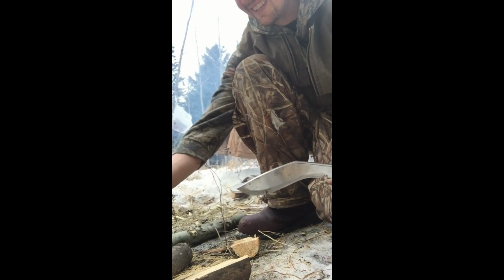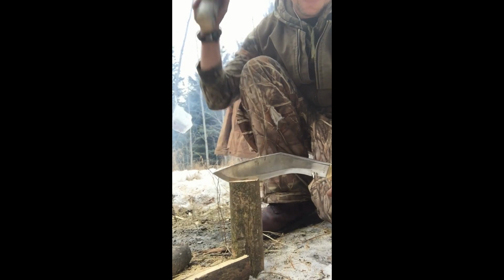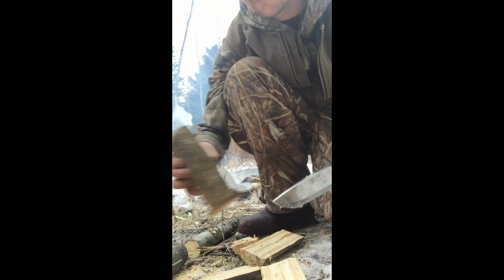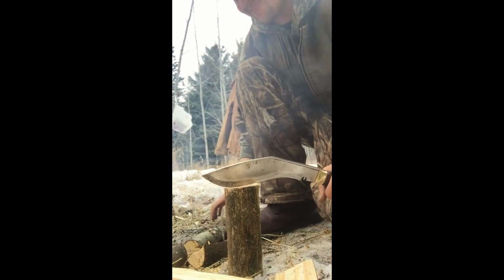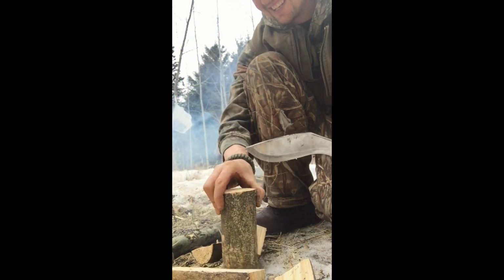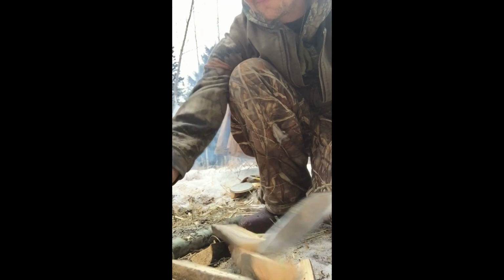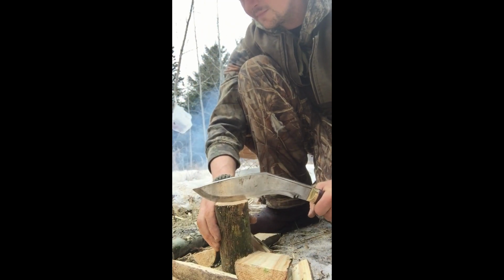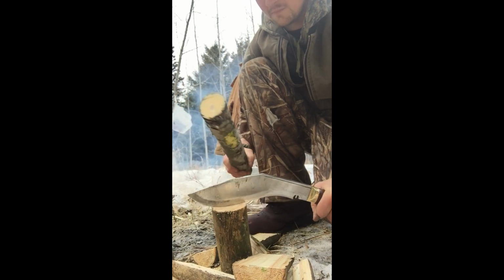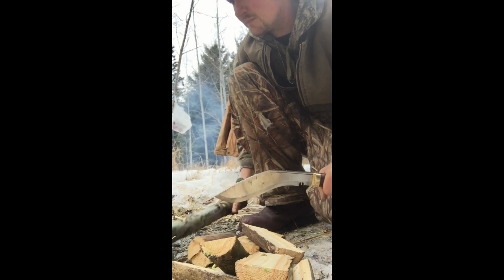Batoning is something that is greatly disputed throughout the bushcraft community, although myself personally, I don't mind batoning at all. As you can see by the video, batoning is a very effective way to split your firewood, as long as you have the proper size knife to do so. The kukri that I am using has got a full 1/4 inch tang. It is a very thick blade, and I have no worries at all about the blade being damaged or wrecked